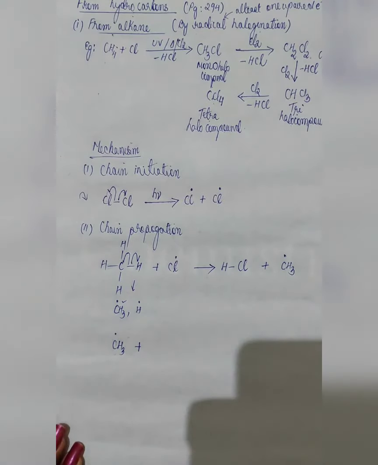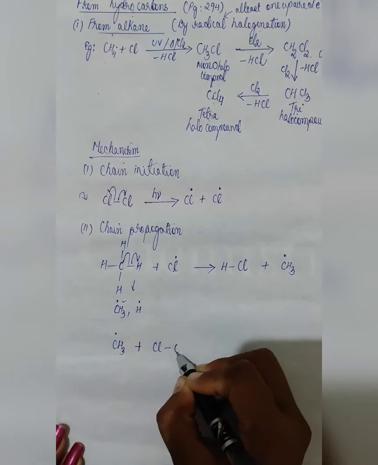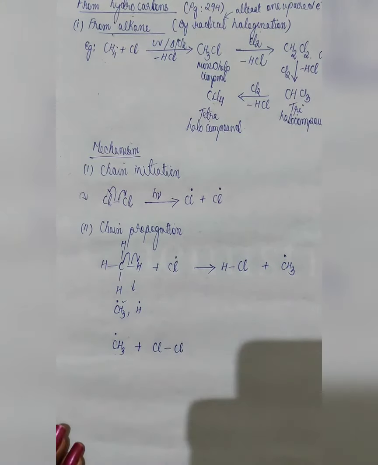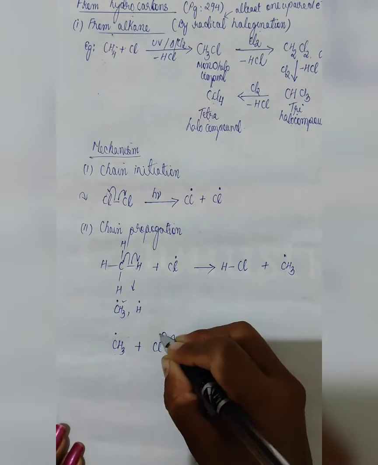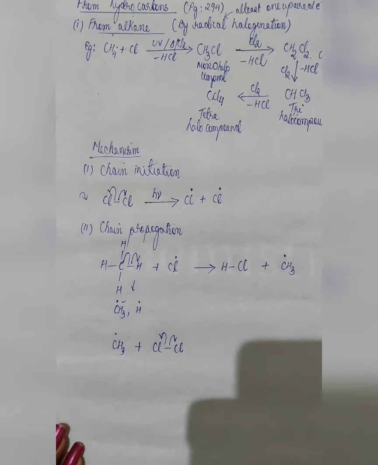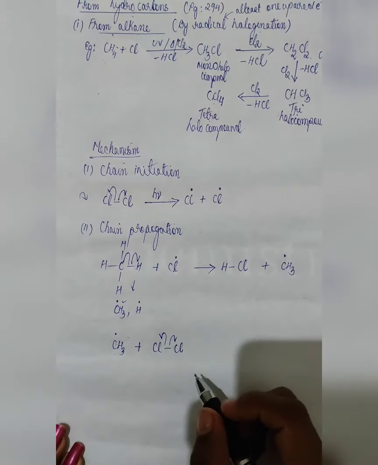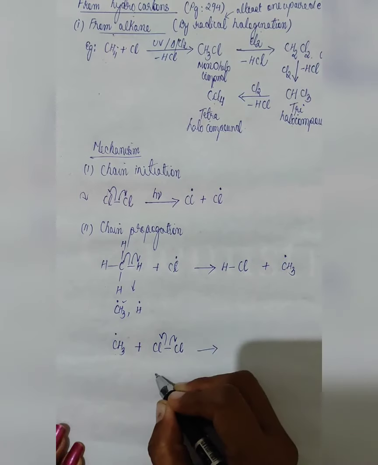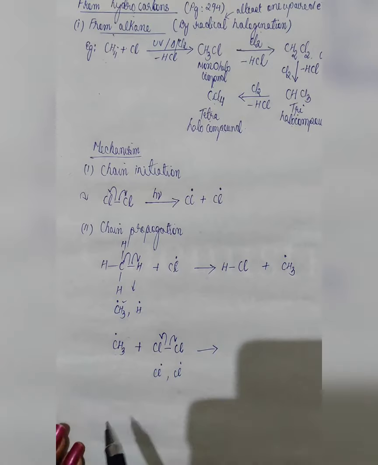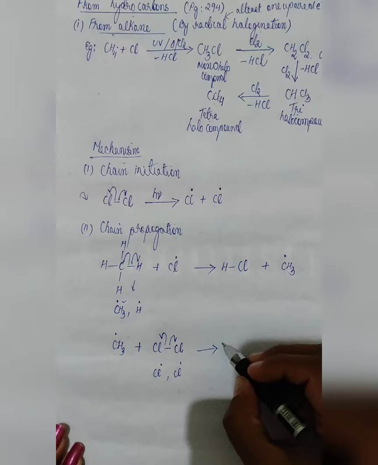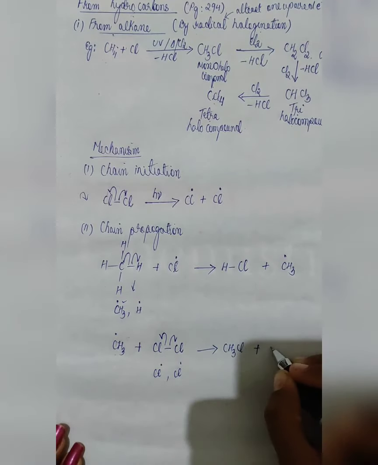Now this Cl2, since we are going to write it in the mechanism, will be written in this manner. As I have told you, radical attacks radical, so this will also form radicals by giving one electron each, undergoing homolytic cleavage. Now here what do we get? Cl radical and Cl radical. Now here it can react with any of the radicals because they are the same. So the radical will react and give you a compound CH3Cl, plus we are left with a radical.